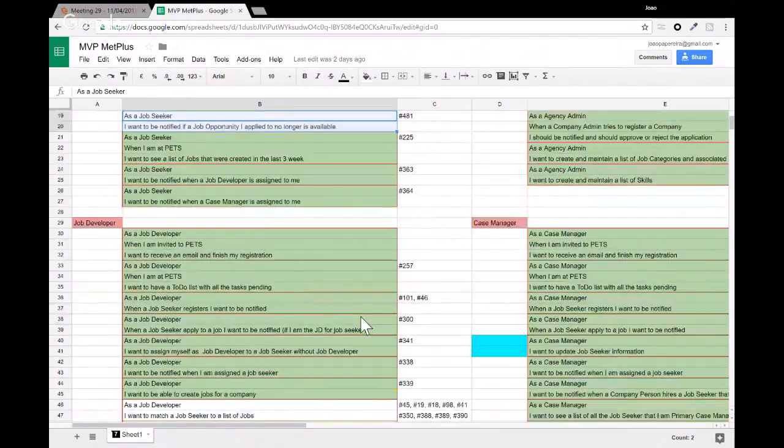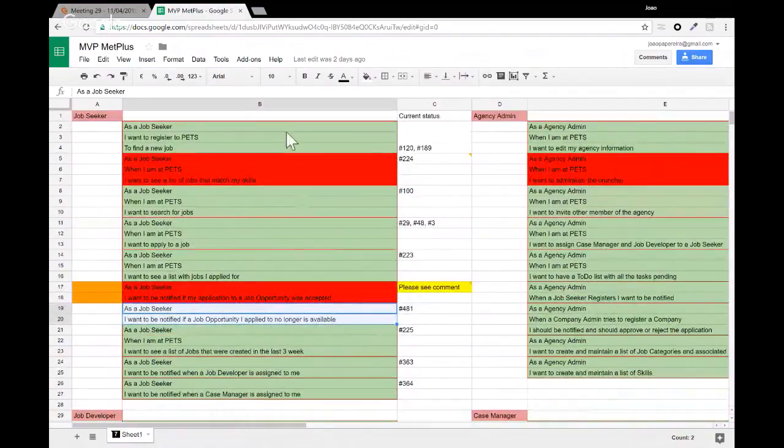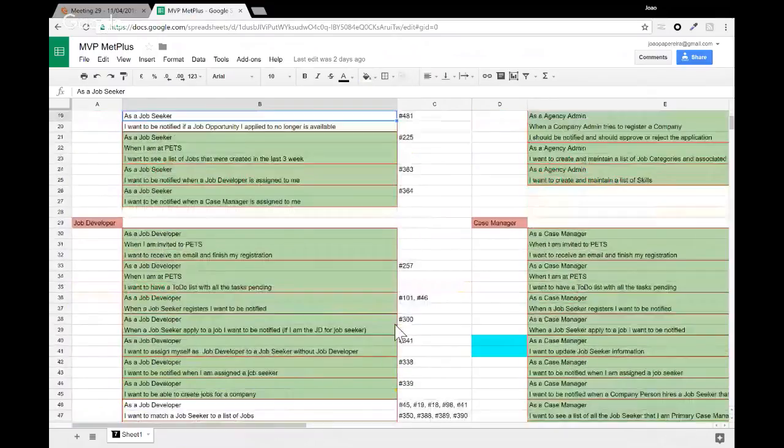For example, if someone is accepted for a specific job and everybody else is rejected, or if the company just closes it and no longer wants to hire someone, the job seeker should be notified. This is the story we're missing for the job seekers, so for job seekers we're looking very good.